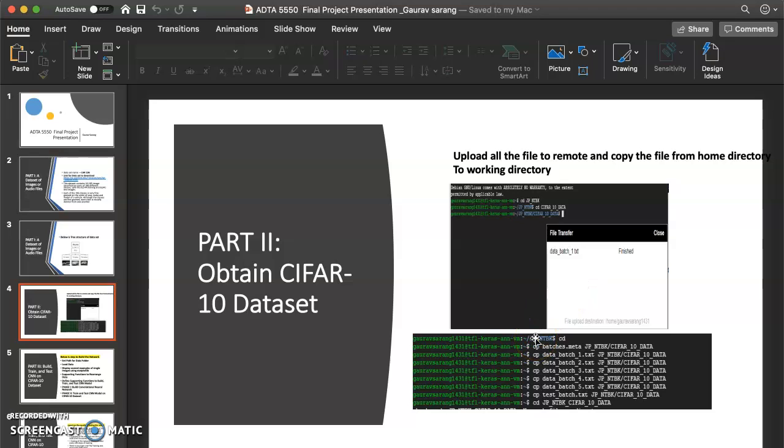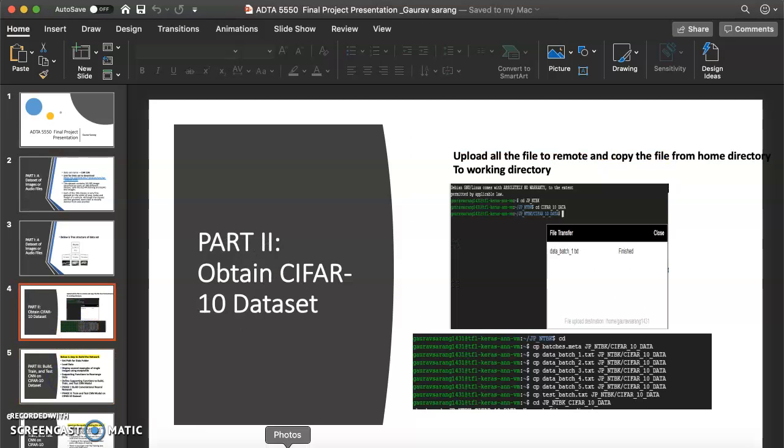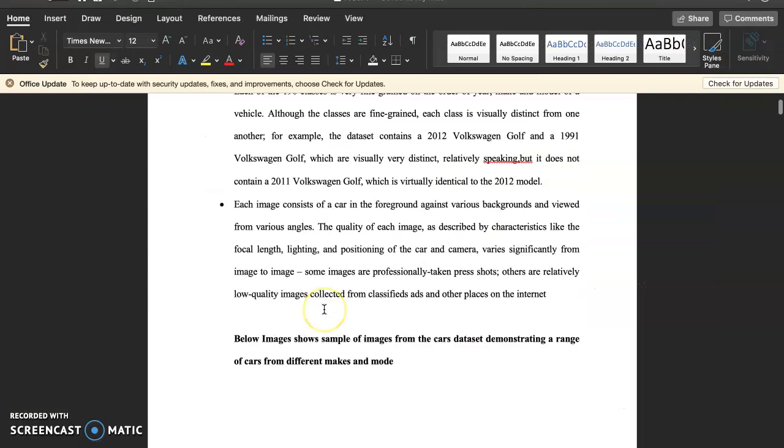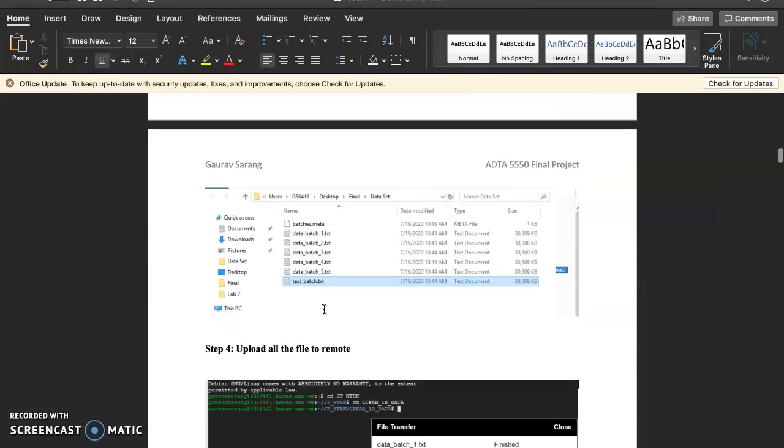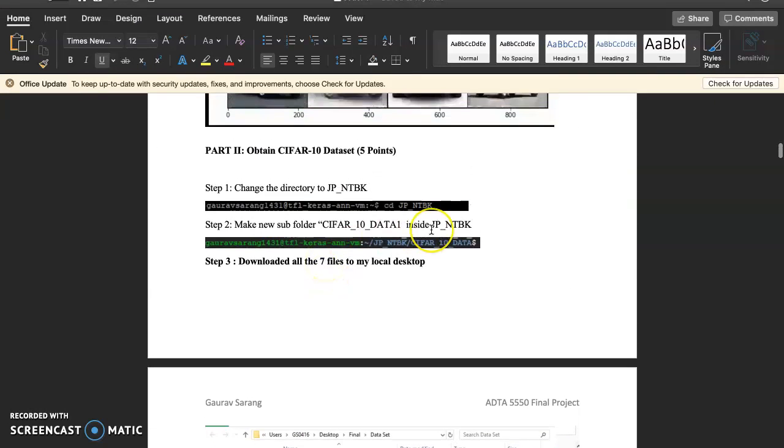It was uploaded into the remote directory, and one second, let me go through. Okay, here see, first I made one working directory which will contain all the data.